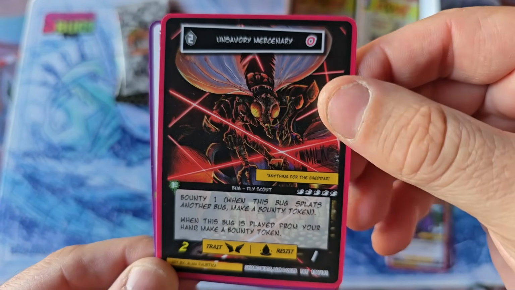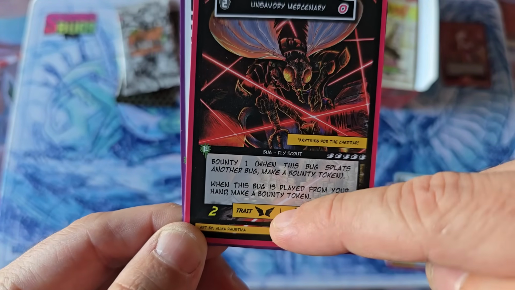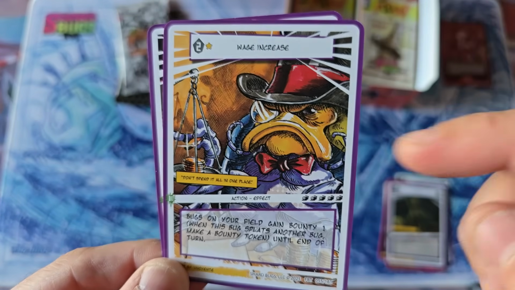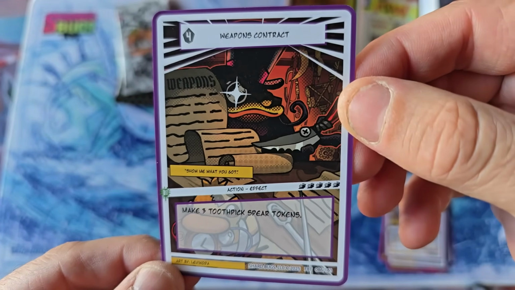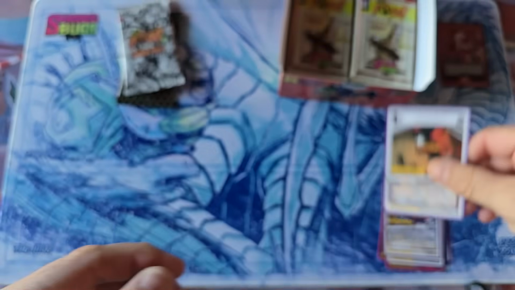Again, here's another bug here. Common card. Unsavory. Can kind of hit for 2. 1 hit, it dies. It is a flying card. So it gives you an idea there. And of course, over here, common. Look at the grumpy face on that guy. That's kind of funny. And weapons contract there. So again, action card. Make 3 toothpick spear tokens. So, okay, wait, we didn't...